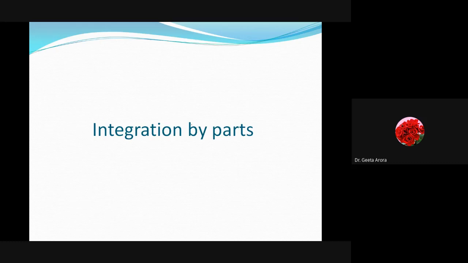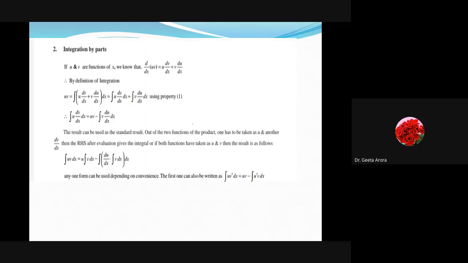Till now what we have done is the first type, when it is possible to integrate by substitution. Means whatever the example was, we have substituted a function in another form, taking it as a variable, simplified it, and then obtained the solution. Now another form that we are going to approach is integration by parts. Integration by parts means we have the product of two functions whose integral has to be obtained.